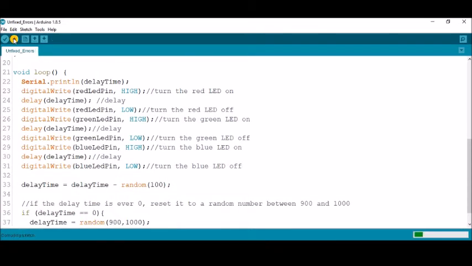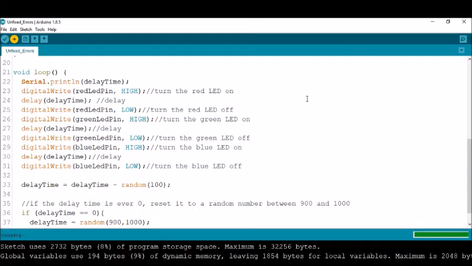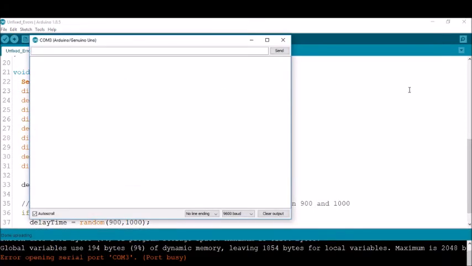So now let's go ahead and re-upload this to the code, and let's double check and make sure that now when the lights turn on and off, they're doing so simultaneously. And just for fun, I'll also bring up the serial monitor. Okay, so now looking at